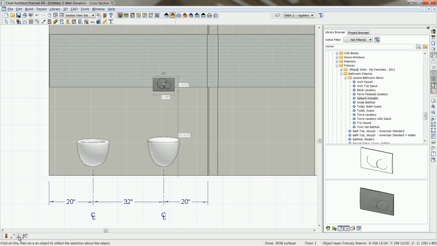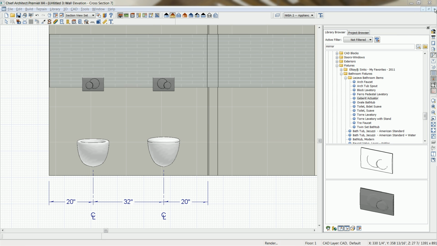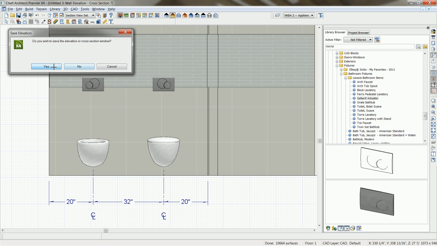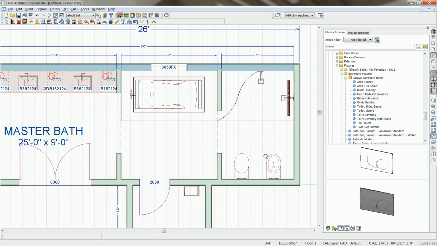And since we have that centered in the room, we'll just replicate it around. So there's our two fixtures in this area. And one of the things that you'll find in Chief Architect that's pretty handy, let me close this view down here. Save that. With the toilet and in-wall bidet that we have for the tank, let's go ahead and use